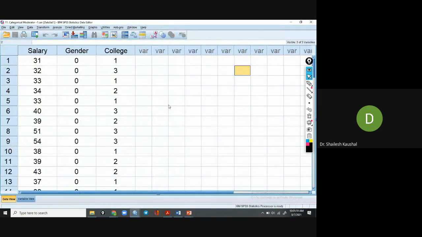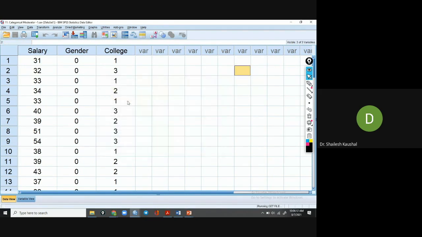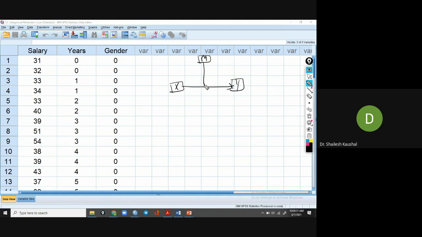Now for the second case study, I am taking one variable, the independent variable, continuous, and the moderator variable categorical. In this case study, Y is the dependent variable, X the independent variable, and M the moderator variable.